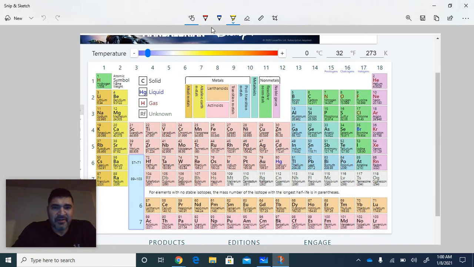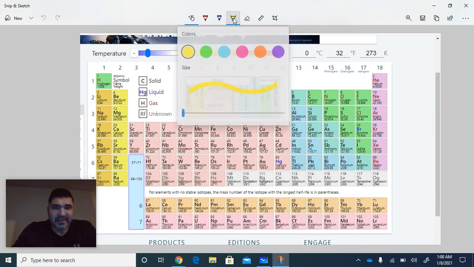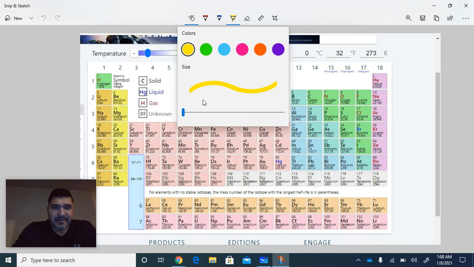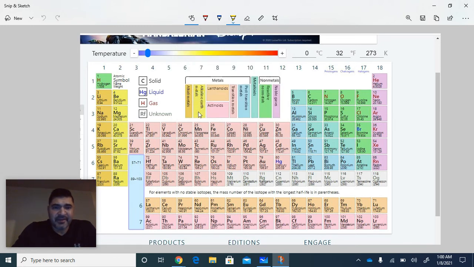And then from here, you have these options up here as well. If you want to highlight something, you click on the highlighter. You can select whatever size. And with my stylus pen, I can highlight whatever I want to highlight. If I highlighted this and I make a mistake, press Control Z, it undoes it. You can use different colors. This is a ballpoint pen. You want to make notes,